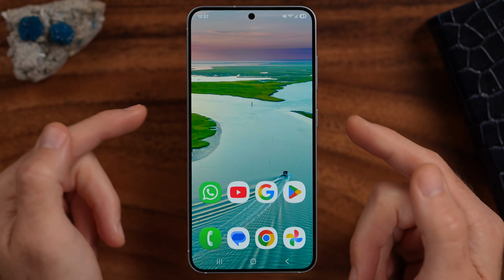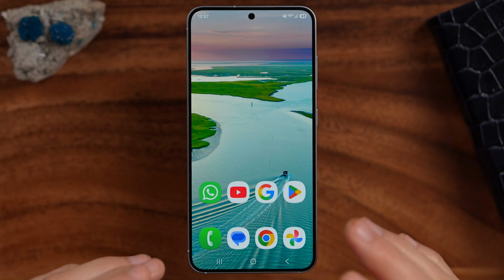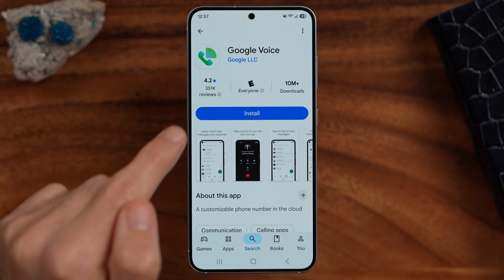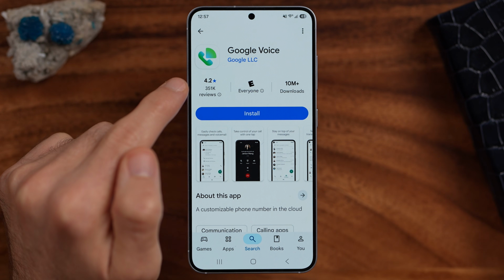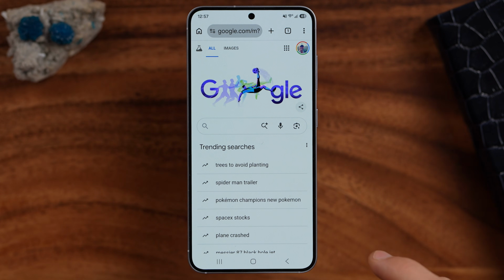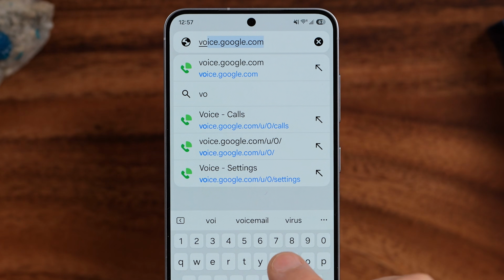Here's how to get a free Google Voice phone number. Now, I'm on my Android phone, but the nice thing is you can do this on an iPhone or computer, any device really. And you have two options. One option is to download the Google Voice app, or you don't even need to do that. You can get a Google Voice phone number by just opening up a web browser and typing in directly to